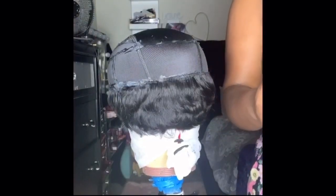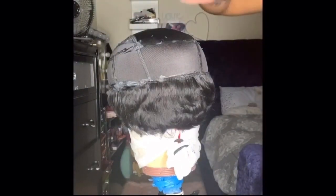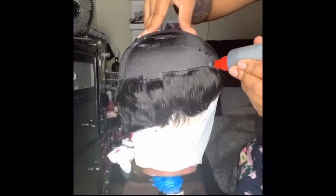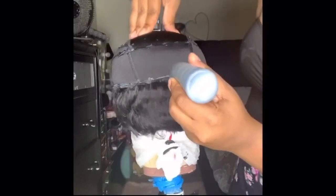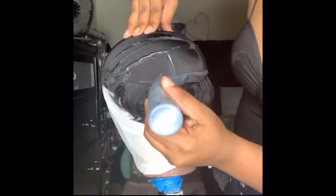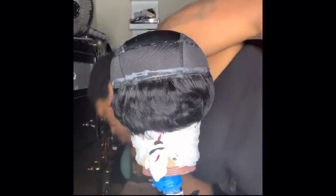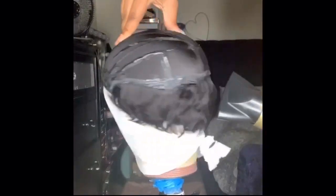So now here I'm mapping out where I want the hair to go. For the second layer of hair, the second longest length of hair, you want to bring it from ear to ear, so from the front side of the wig cap. As I'm doing right now, I'm adding the glue to go from one side to the other side, which is different from how I laid the back of the hair, because for the back of the hair, I laid it